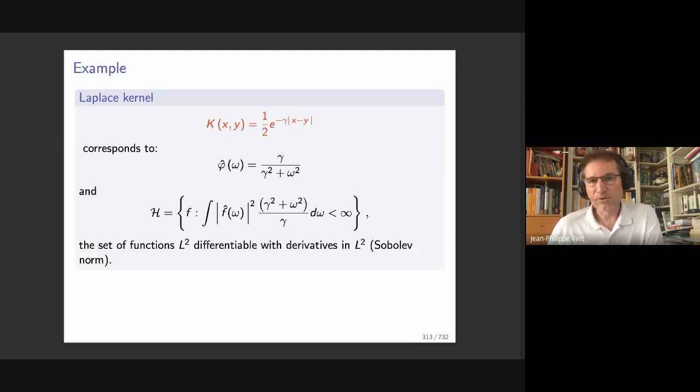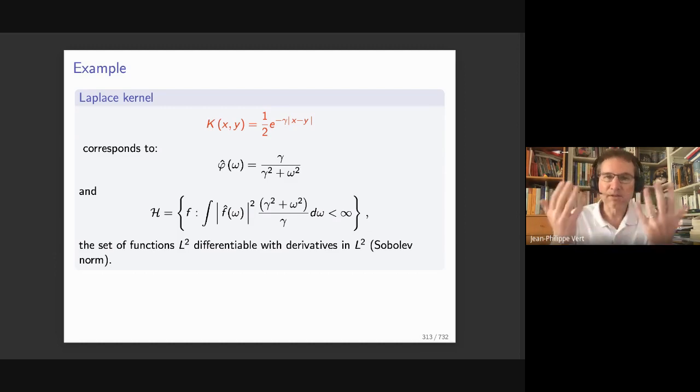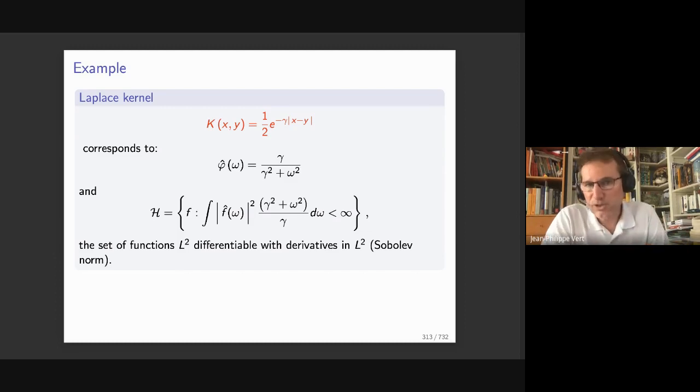As I said before, it's well known that functions whose Fourier transform decreases exponentially are infinitely differentiable. Now, in this case, it can be shown that the functions f such that f hat of omega times omega squared is integrable are exactly the functions which are in L2 and differentiable with derivative in L2. But it's only the first derivative, right? And when it's the case,